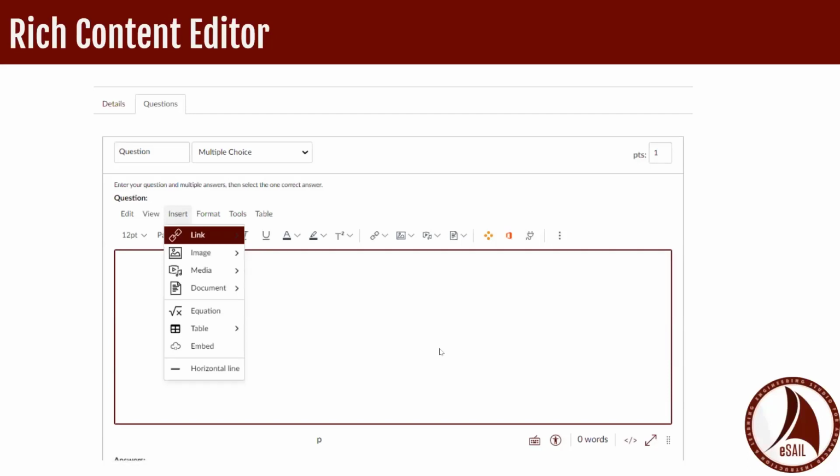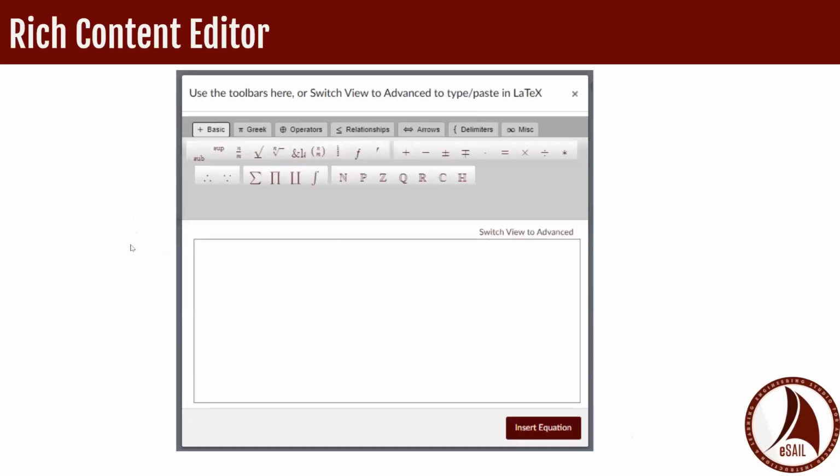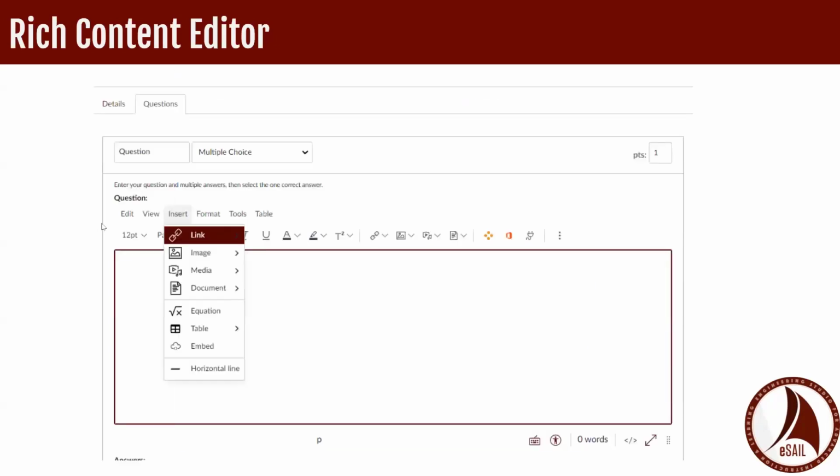So if you're creating complex questions, you'll want to take some time to explore the possibilities of the rich content editor, which is this portion of the quiz question interface right here. And this allows you to insert links, documents, images, videos, equations, and format your content in different ways.